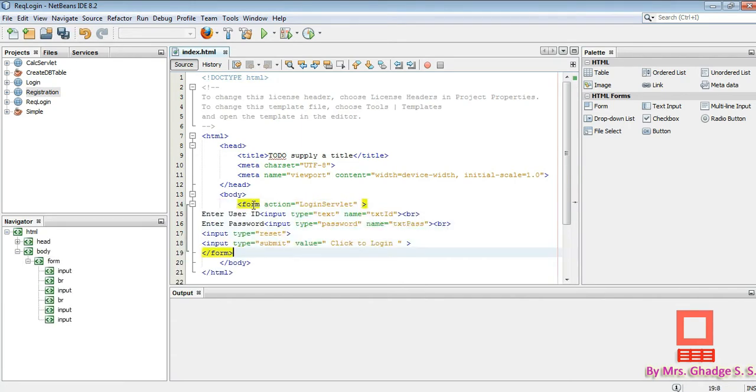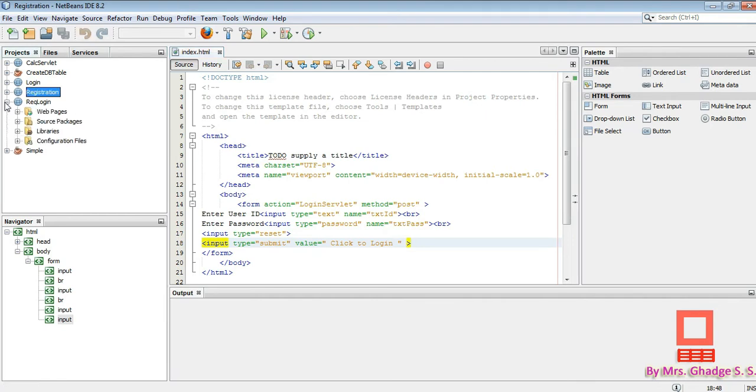Okay, so here form action is equal to login servlet. So whenever we click on the submit button, then a request is forwarded to the login servlet file. Okay, here you can also put method is equal to post. Okay, so this is our index.html file. Just click on save all button, and then next we have to create the login servlet